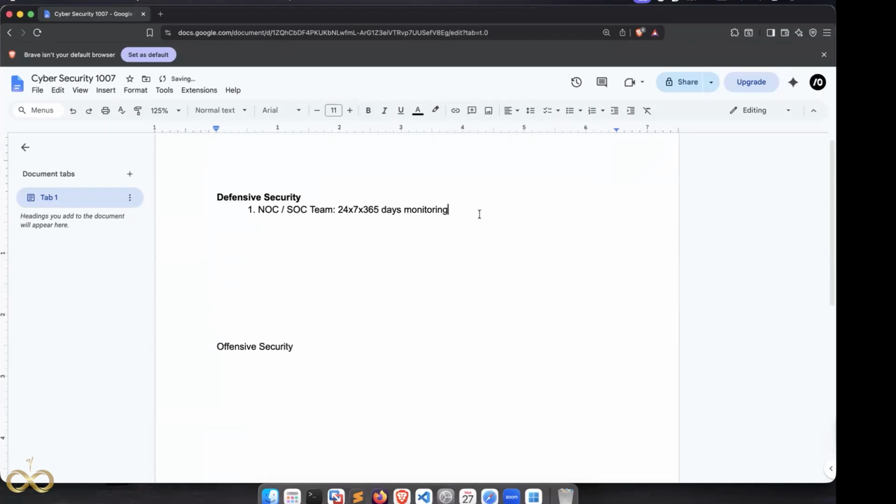Okay, perfect. So now the NOC team and SOC team are two different teams. Network Operations Center and Security Operations Center monitor two different areas. One monitors at the network level, and the other monitors at the application layer. In detail we'll be seeing the differences in the dedicated classes, but right now we're just going to have a basic overview of how the architecture is.